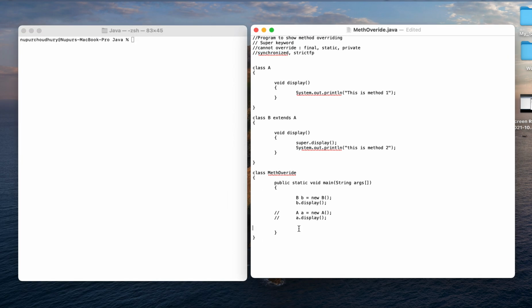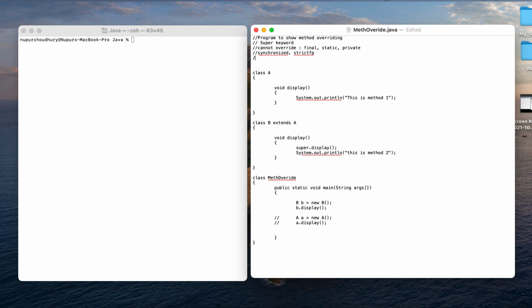Okay, so now the final point that we will be discussing here is: does the overriding method need to have the same return type? This particular method within this class and this method, is it always necessary that we should have the same return type?